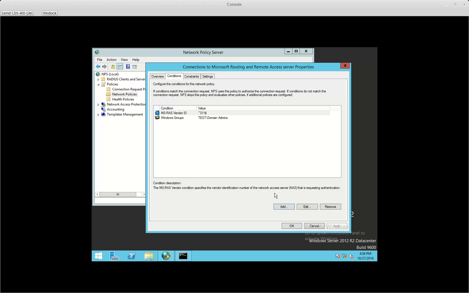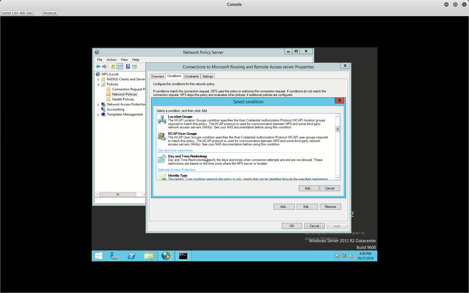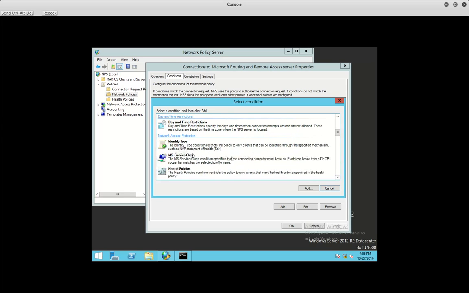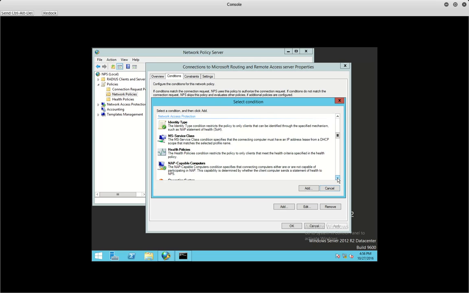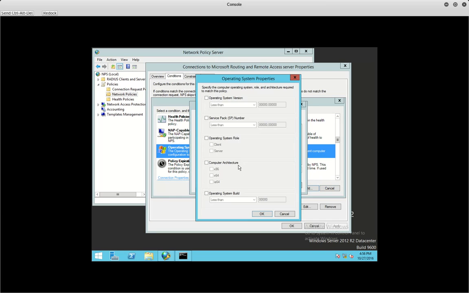Let's check the other conditions that we can use here. Well, we've got a day and time restriction, for example, but we've already used this in the connection request policies. We've got a whole block about the network access protection, and if you look deeper inside this, you will find something called operating systems. The settings related to our operating system are very useful. You can set the operating system version, service pack number, operating system role, architecture, and this stuff is